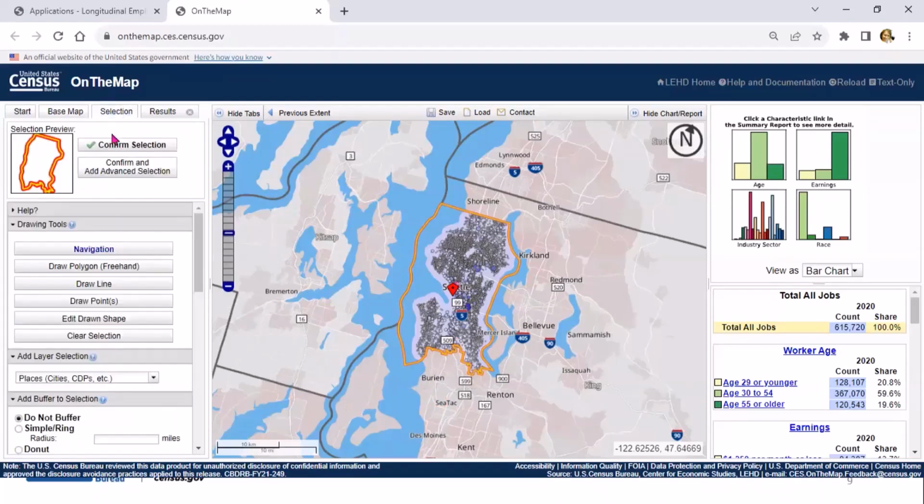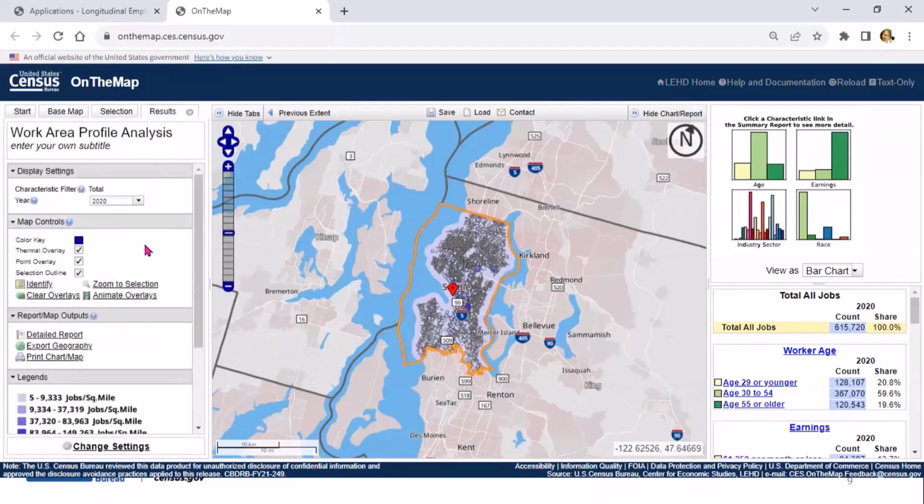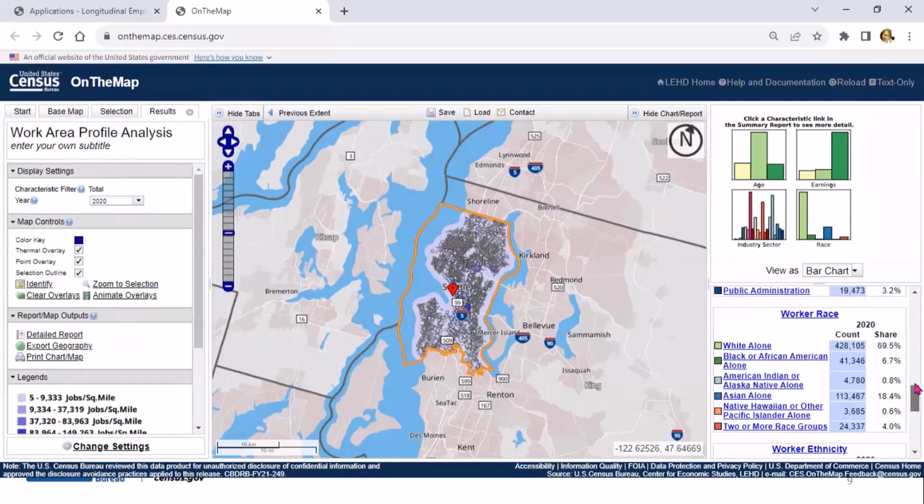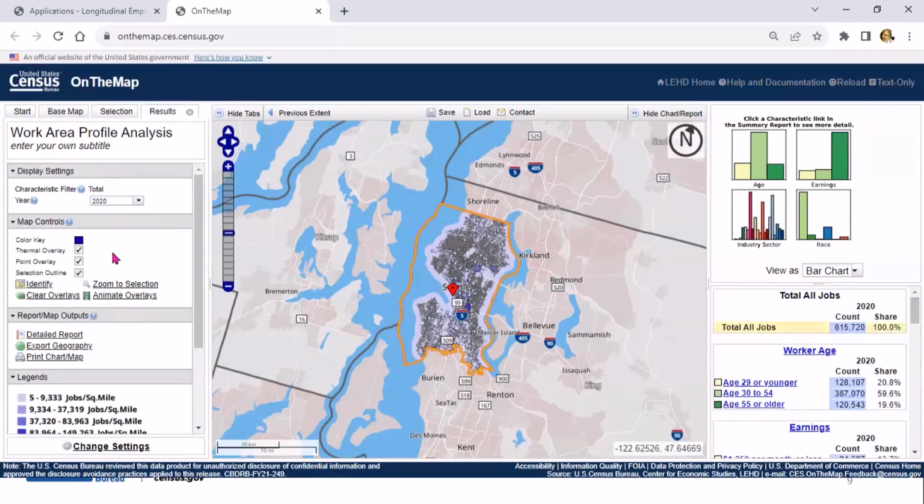And then this we will cover afterwards about the selection tab, and then back to the results. Under display settings, you can see the characteristics filter. Right now, everything that is characteristics, we have it on the right-hand side. And we'll go over that too. And then the year. So in the settings, we changed the years, or we added 2015, 2010, 2002. That's where it would be.